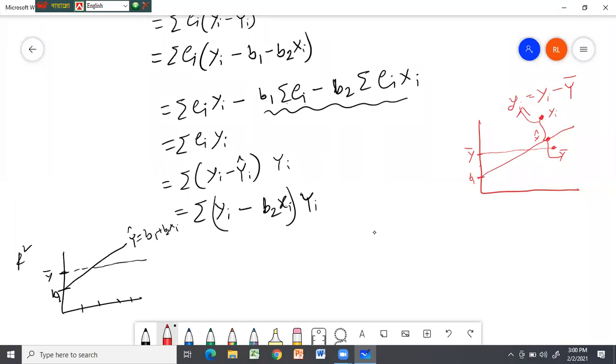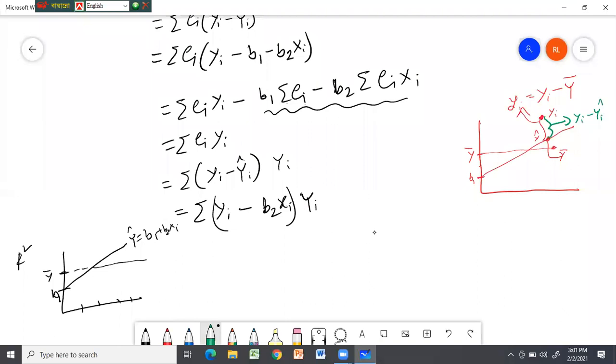So when you are multiplying yi with yi in this equation, this becomes yi square. But I told you that this small yi is the value from the actual values of yi minus the y bar value. This is the total variation, which is the difference between the actual y values and the mean y values. Okay, so this total variation has been covered in two ways. One way was, let me show you with another color, one way was yi minus y hat values,